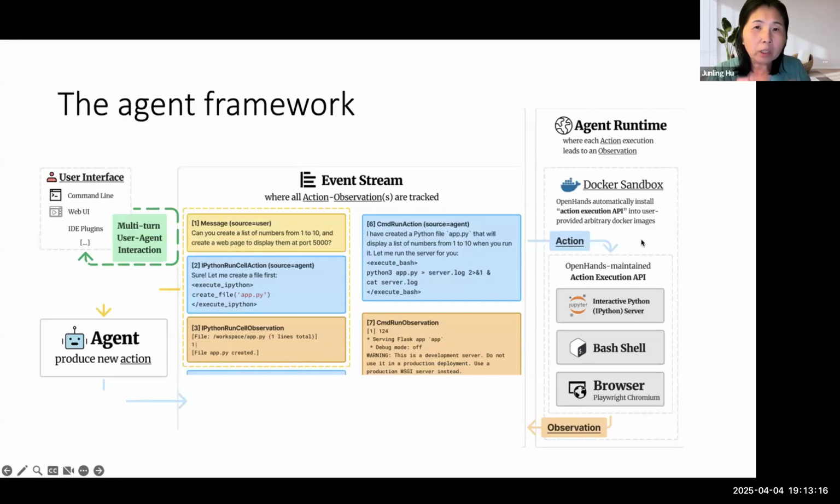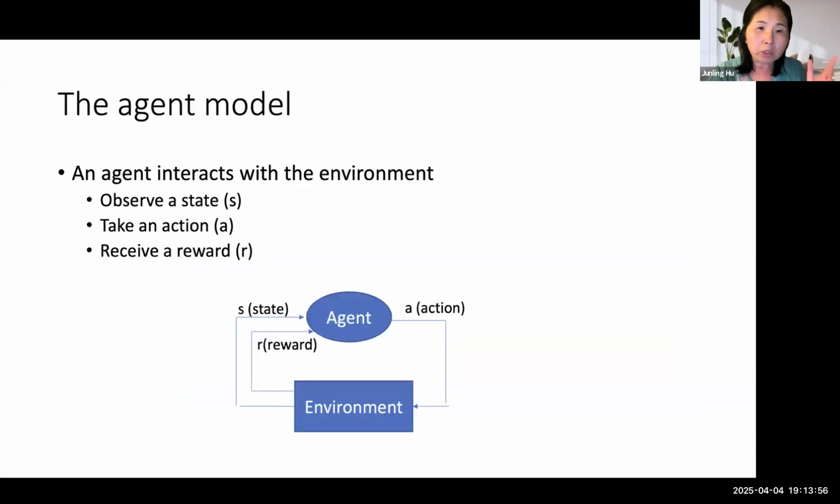On the right side, the agent can have many possible actions. For example, the agent can execute the code inside a Docker sandbox, or it can go out to the internet to fetch something back. It can execute the command in the shell. It can also run a Python notebook, and keep interacting. After the agent takes action, it will send back the result, and then it will observe what is happening again. So this interaction will be a loop.